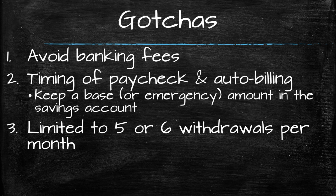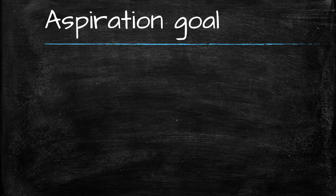limitations. But remember, usually with checking accounts, sometimes the banking fees can be higher on a checking account, and you will perhaps have to have higher rules to avoid the banking fees. So that's one reason why savings accounts are preferred. And savings accounts will give you a little bit of extra money in interest every month, but it's going to be very little. One last thing to hit on here is an aspirational goal, which I challenge you to do,